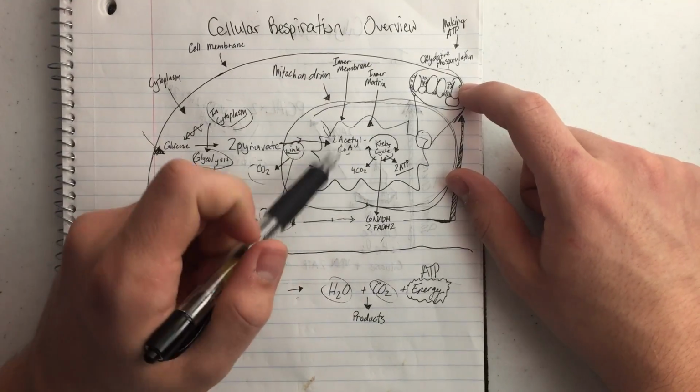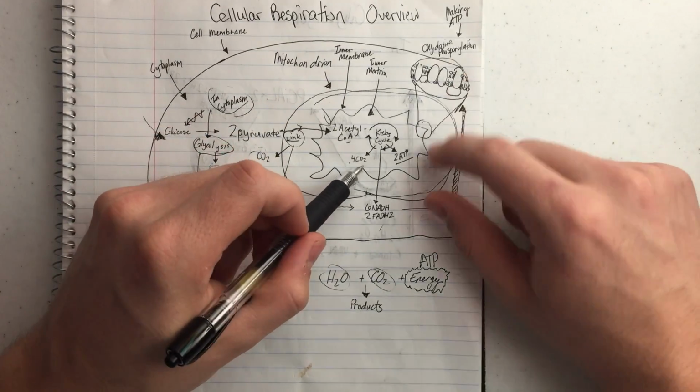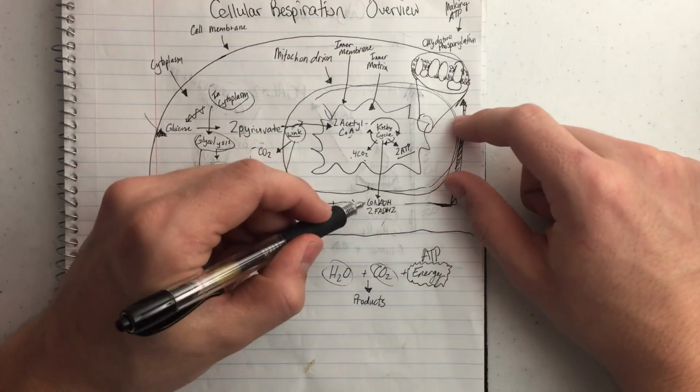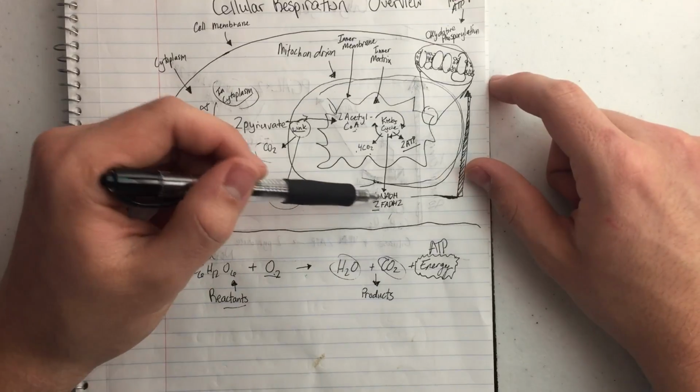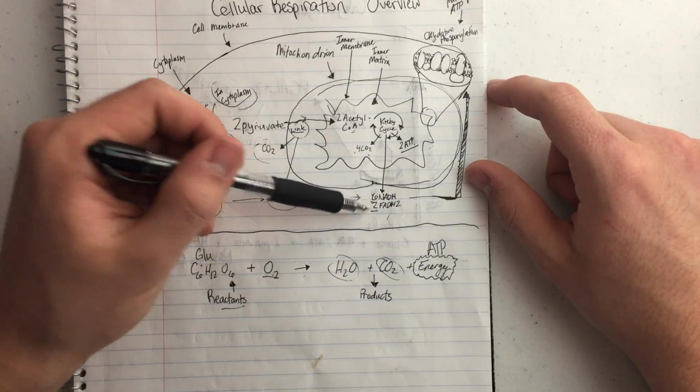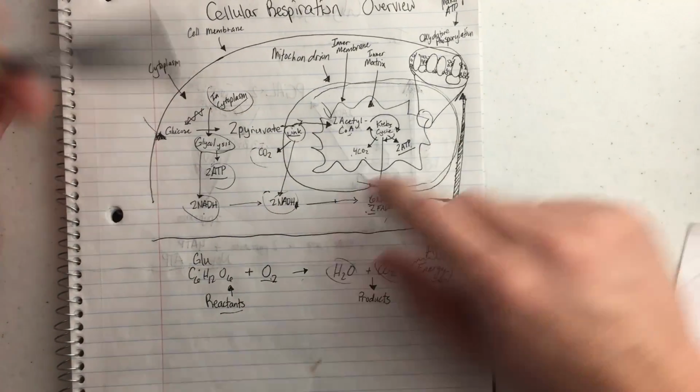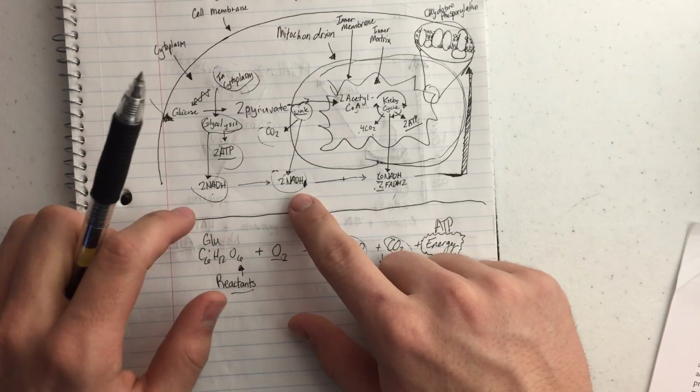and then the acetyl coenzyme A is going to go into the Krebs cycle. Out of the Krebs cycle, we're going to get some CO2 and some ATP, and a lot of NADH and some FADH2 as well. And then these two, NADH and FADH2, and the NADH from our glycolysis and NADH from our link reaction,